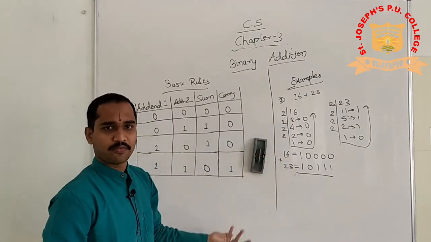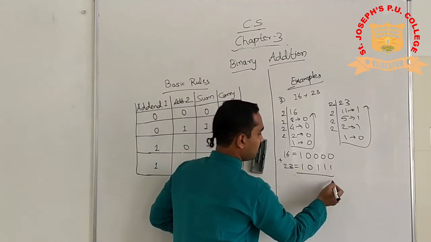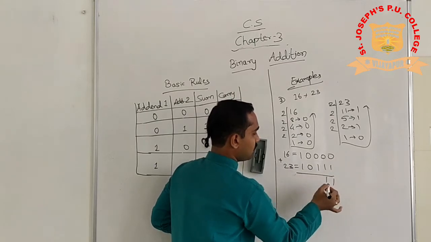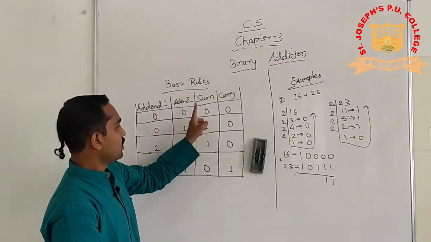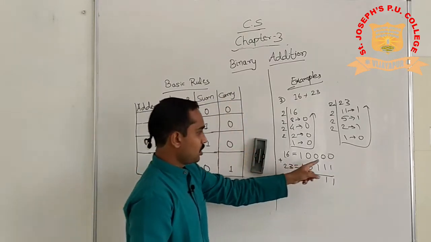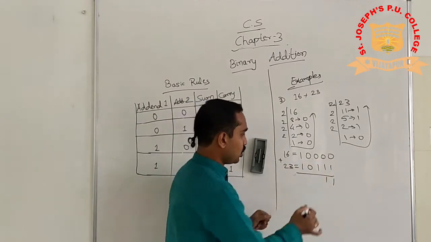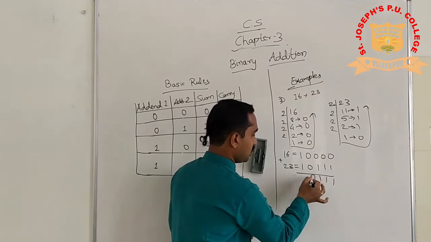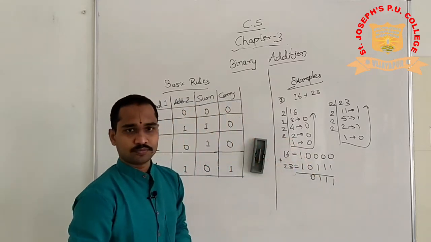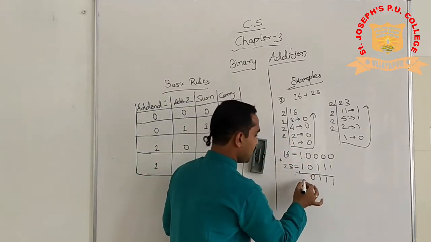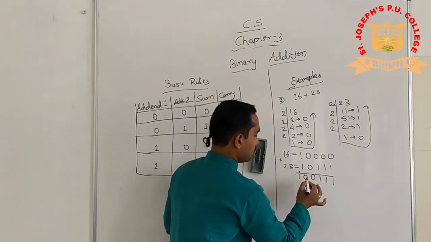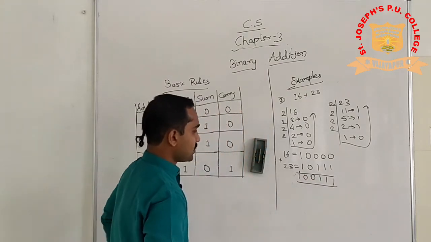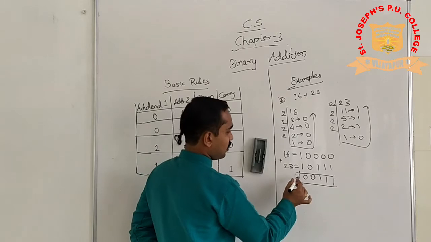Just apply them and find the sum. 0 plus 1 is 1. 0 plus 1 is 1. Sum is 1 and carry is 0. So 0 plus 1 is 1, no carry. Here no carry. 0 plus 0 is 0. 1 plus 1, you know this, 1 is the carry, 0 is the sum. So you write 1 here and hence 16 plus 23 will be